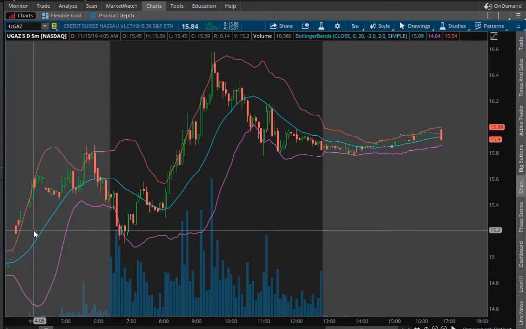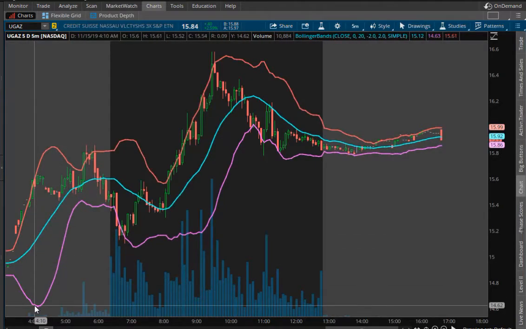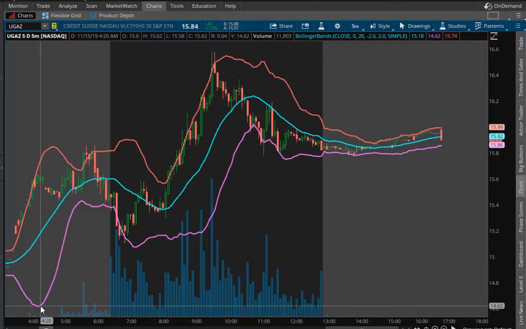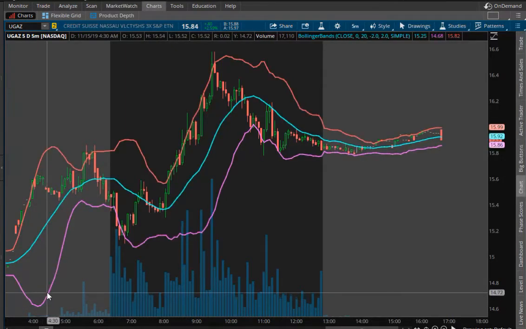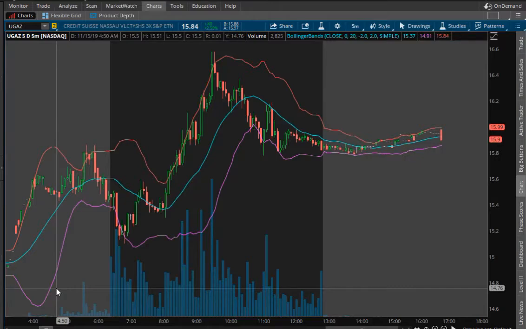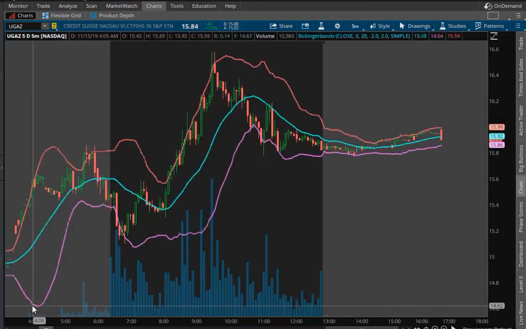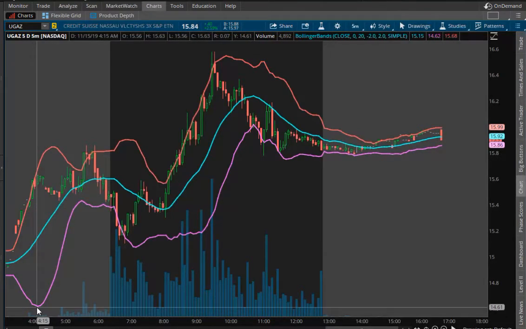Now, this is where the Bollinger Bands come in to help you. I'm going to start calling them BBs because it's starting to twist up my tongue. So this is when the BBs start to help you. The bottom BB right here is starting to flatten out, starting to turn. That means the volatility is starting to decrease, and it's going to start to climb up and come closer and closer to the median Bollinger Band right there. That means that with the volatility decreasing, the share price is more than likely going to